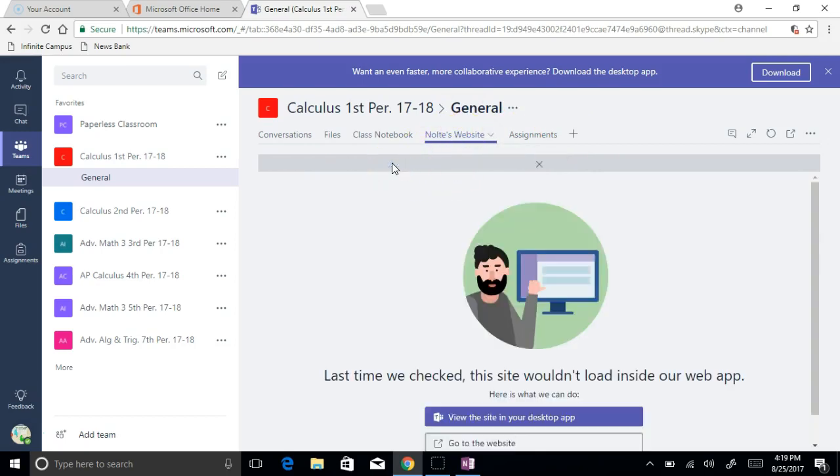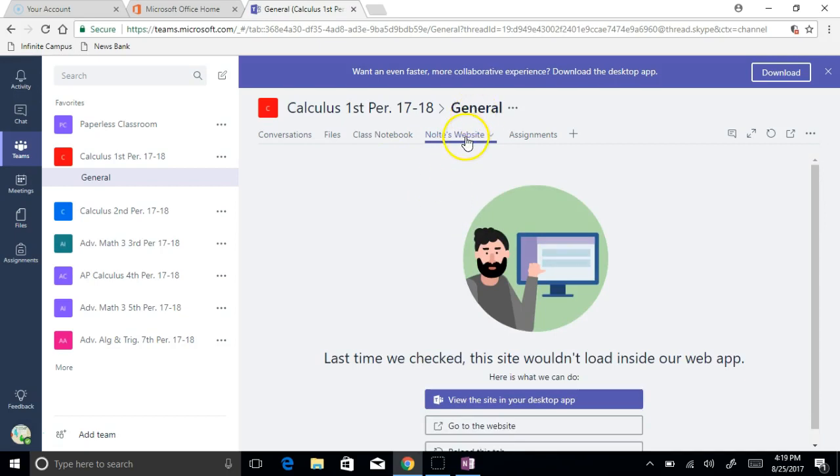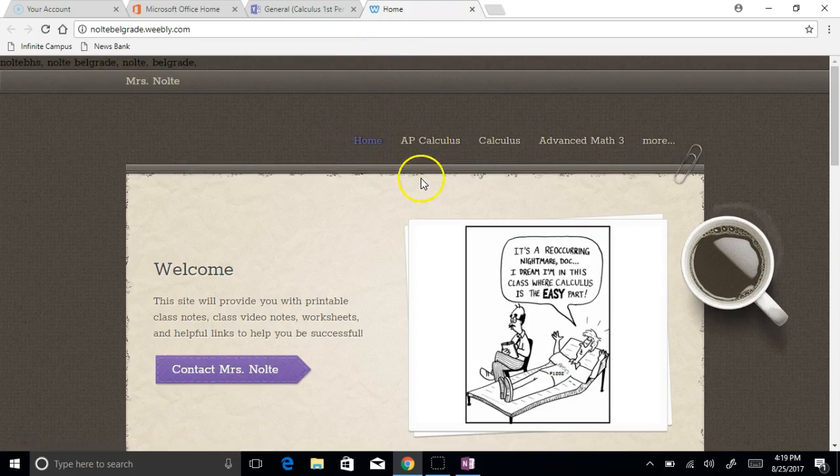Currently isn't loading, of course that would happen. There you go. So generally when I would click this, it would normally show my website. And oh, there we go, the website. It can take students to my website where I would put video notes for them or additional information. Okay,